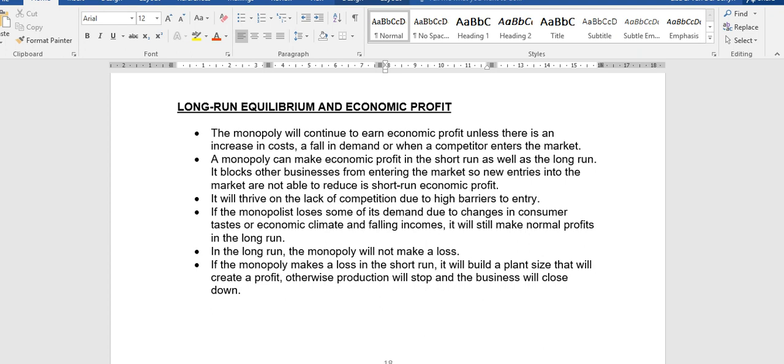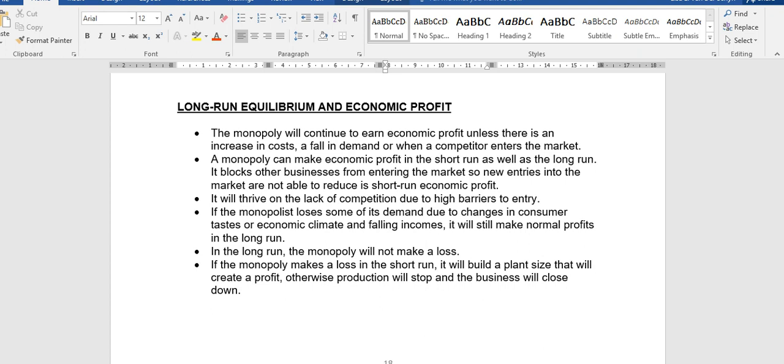decrease the price. Obviously, if he would like to sell more, in a case of falling incomes or a change in economic climate, he would have to sometimes decrease his price in order to increase the quantity demanded so that he can be profitable once again. All right. But the point is he has market power.